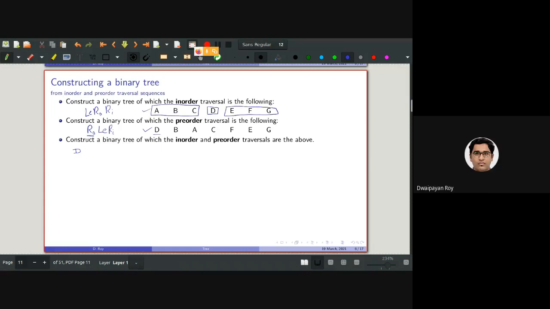Very nice. So basically, given this tree, ABC will be going in the left and EFG will be going in the right.